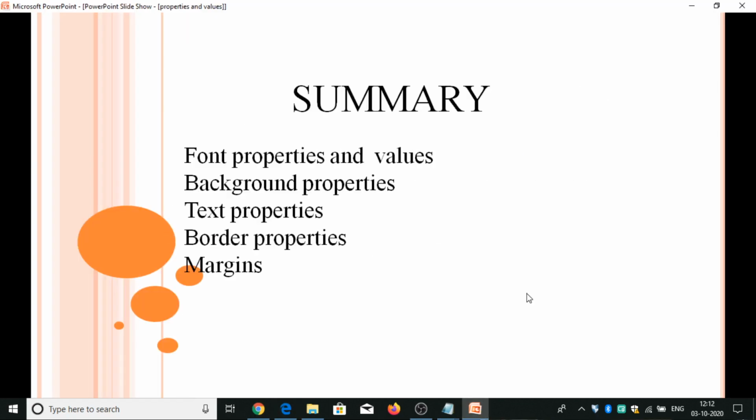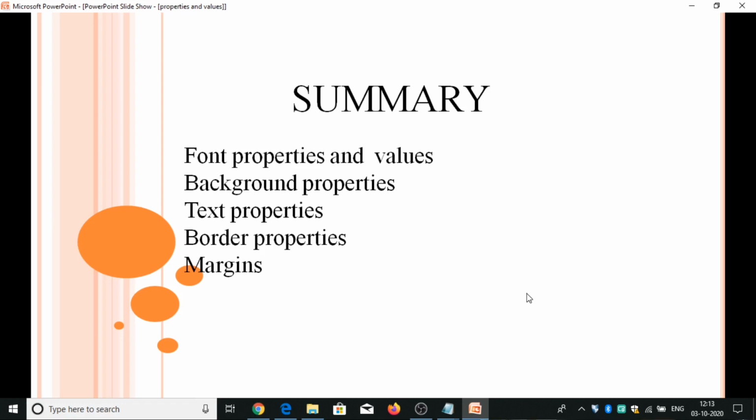Summary. Regarding the properties and values, till now we have discussed various properties and values that are used in styles. Font properties with font family, size, style, weight, and the background properties like background color, image.